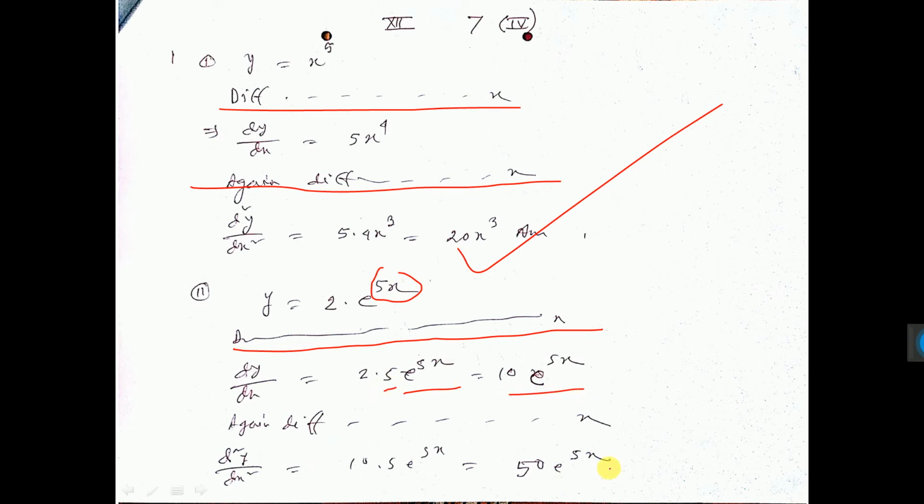Now for second order differentiation, again differentiating both sides with respect to x. It is written here. Then here it will be d2y/dx2 and 10 will be there, and e to the power x differentiation is e to the power x. Here again, I have considered 5x as x, so again d/dx of 5x is 5 into x differentiation 1, so 5 I have written here. Now 5 tens are 50 into e to the power 5x. So this is the second order differentiation.